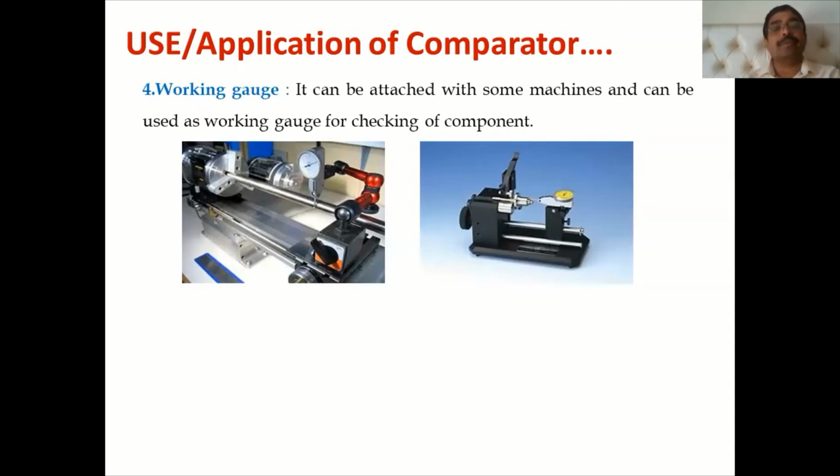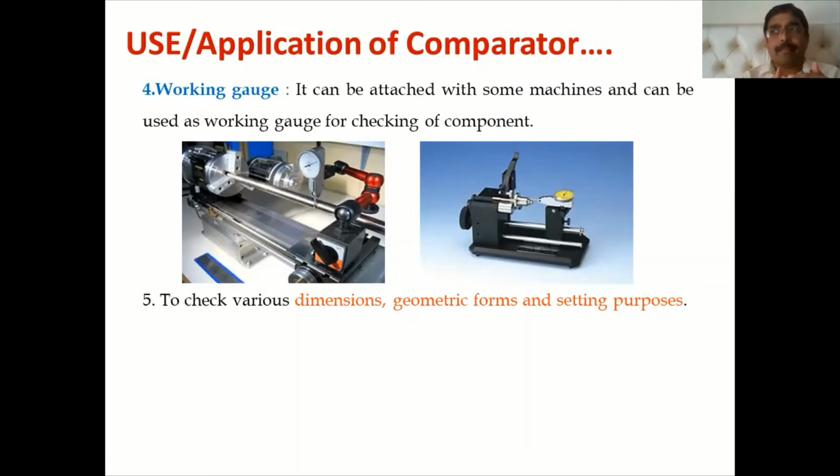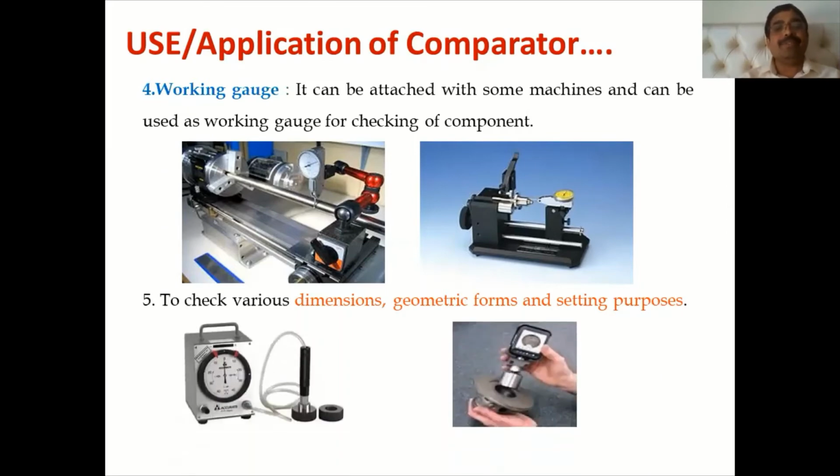Here I have taken the example of dial gauge. Then to check the various dimensions, right? Various dimensions means we can check the diameter also, we can check the runout also, we can check the thickness also, right? Width also. So a number of parameters can be checked. Here I showed one example where we are checking, suppose, the ID, means internal diameter, right? So internal diameter can be checked by this.